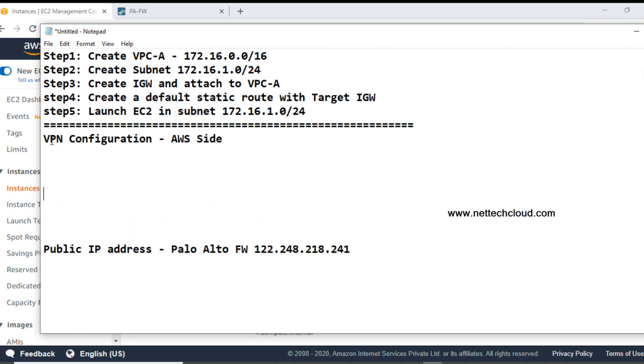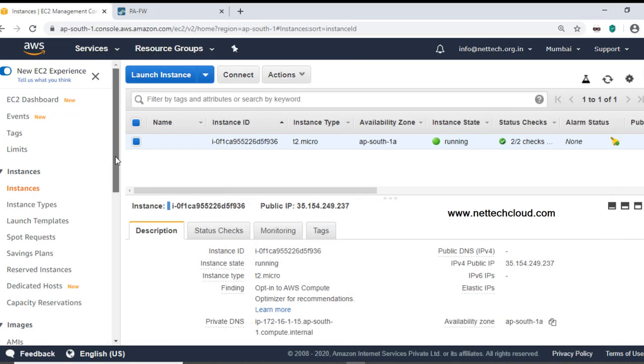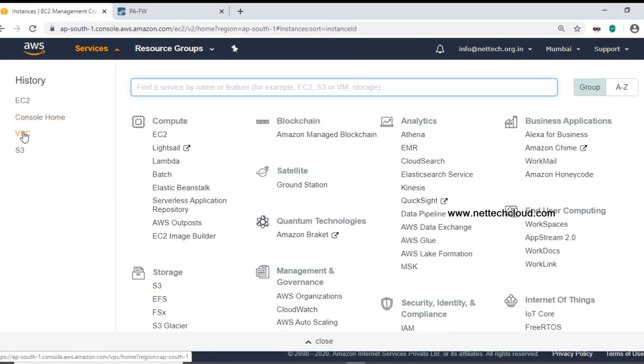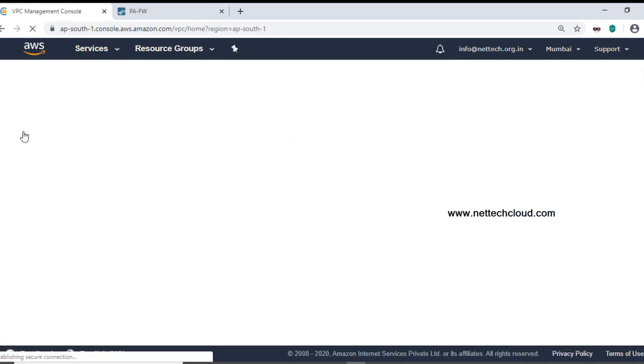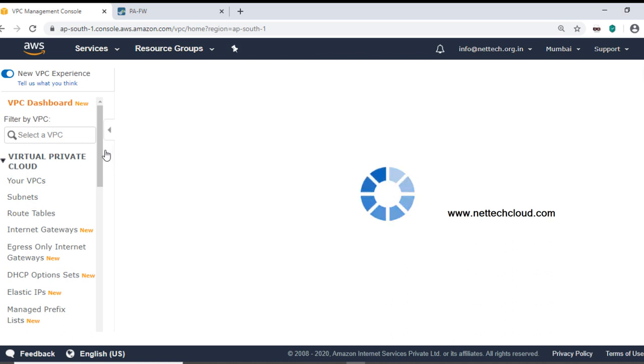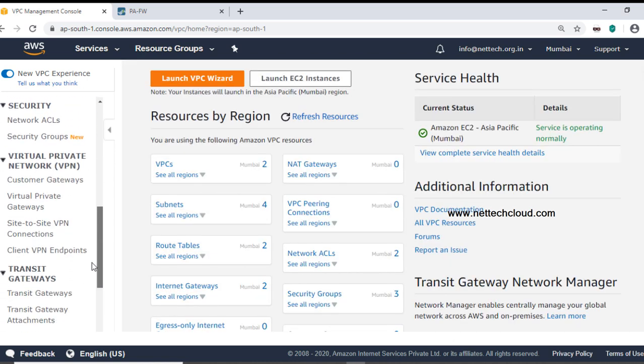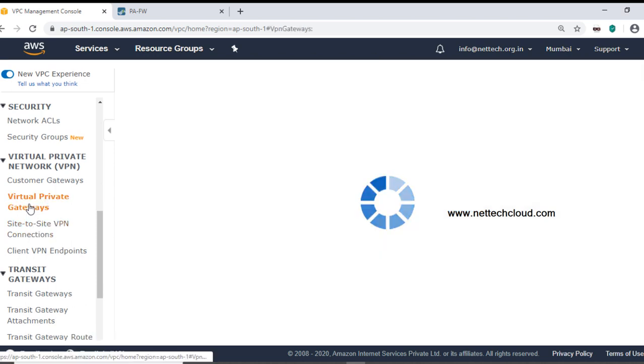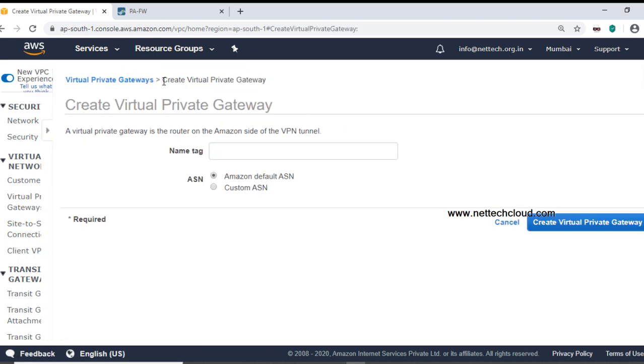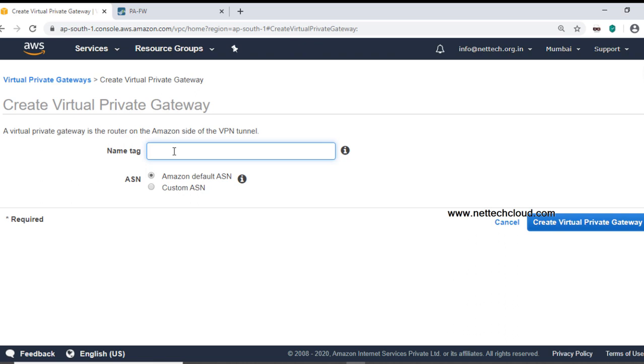AWS side first, right? So here in AWS, step number one is first we need to go to this VPC section for the networking component, virtual private cloud, and here there is option to create VPN gateway, virtual private gateway. So step number one is create virtual private gateway. Just give any name here.